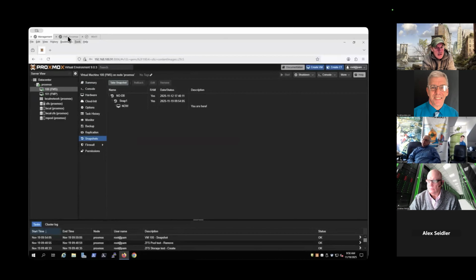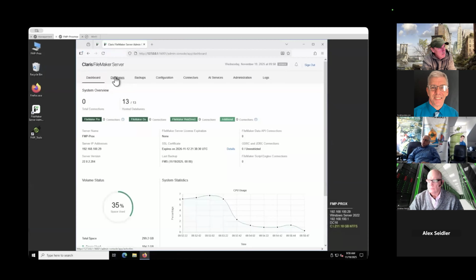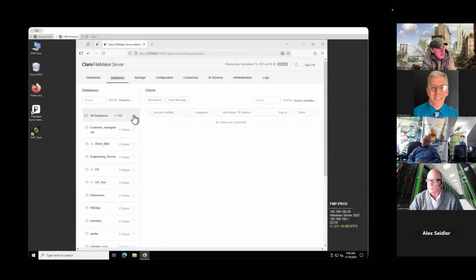So here we're going to go to the admin console. We're going to just close all of our FileMaker databases. And we're closing, there we go.